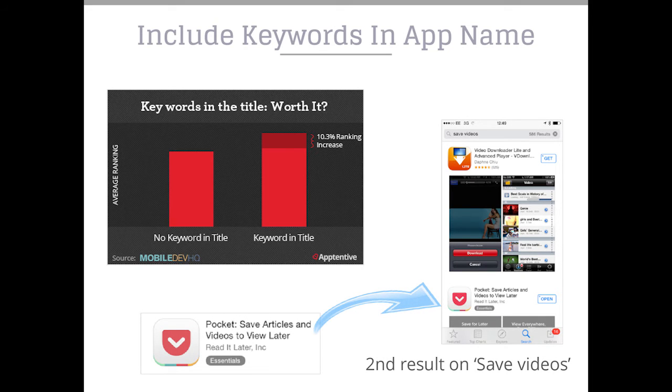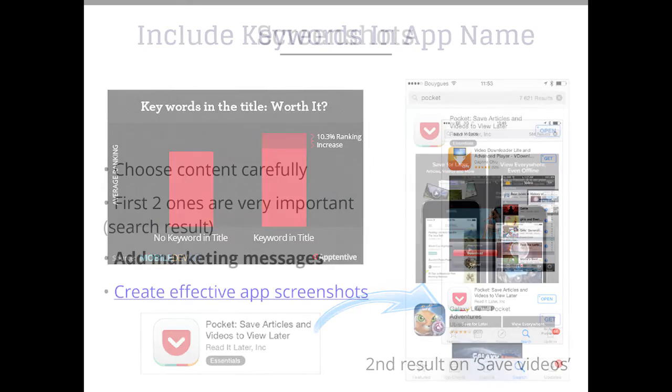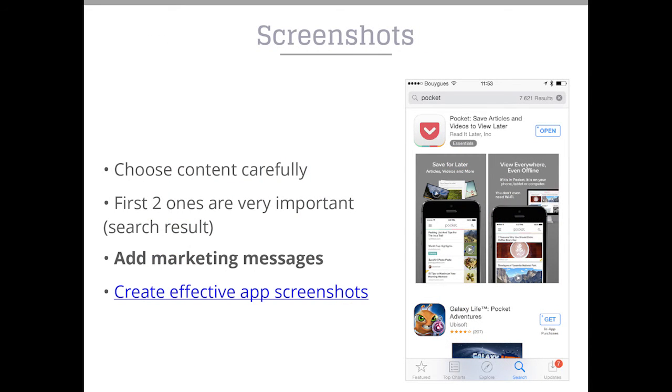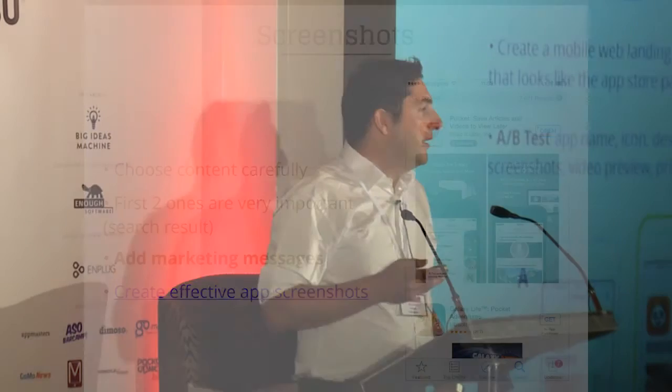And screenshots, it's really important for screenshots. Just remember that you have to add a marketing message to your screenshot. It's essential in ASO. It's the first step we work on when doing ASO. But you can also go further with a hack, and we can do A/B testing on the App Store.